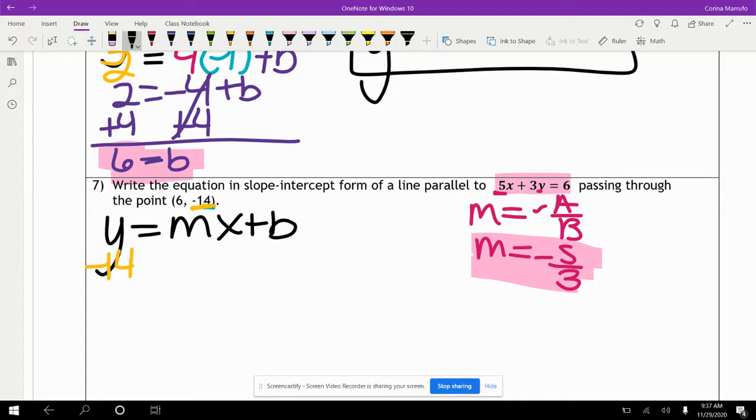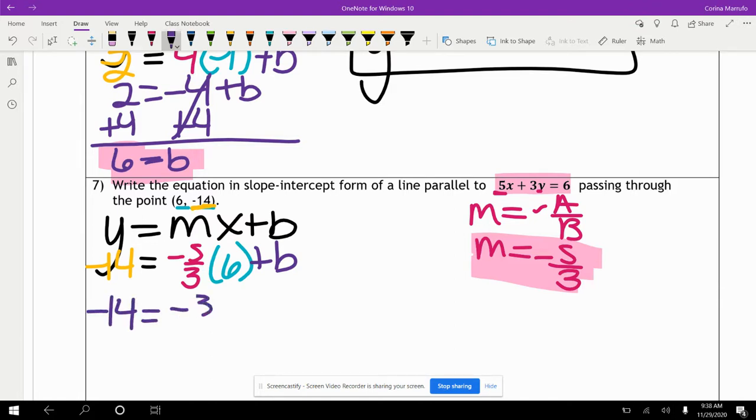So I'm going to put here negative 14 equals, our slope is negative 5 over 3. The x is going to be 6. And then the b, we don't know what that is. That's what we're looking for. So we're going to go ahead and multiply negative 5 over 3 times 6. The way that you do that is negative 5 times 6 is negative 30. And you divide it by 3. You just have to multiply the 5 and the 6. And then plus b. Well, we know negative 30 divided by 3 gives us negative 10